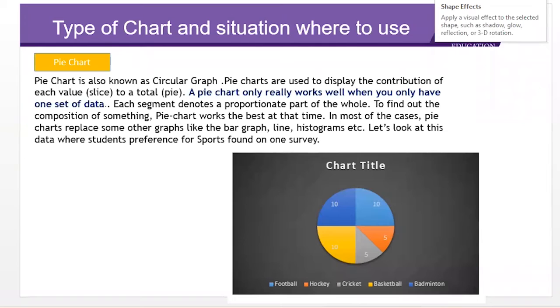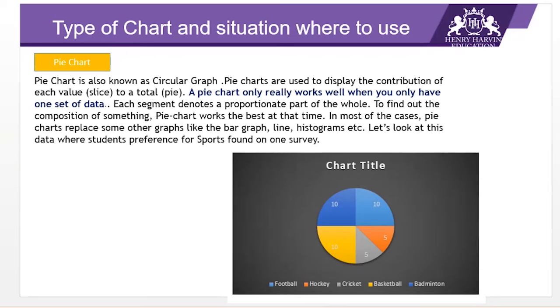Pie chart works out best to display data with a small number of categories. It can be less than 6 or 7, and data can be split by gender. It can be new and returning visitors on a website, or it can be a simple data set where suppose some students were surveyed on their preference for sports, where we have six types of sports. Such kind of data you can showcase on pie chart, but the categories should not be more than 6 because it will not look good.